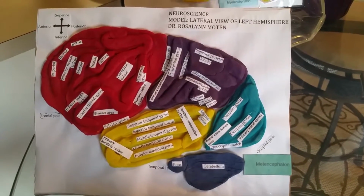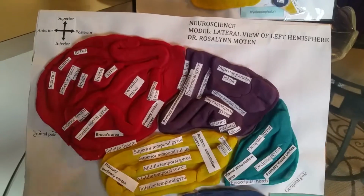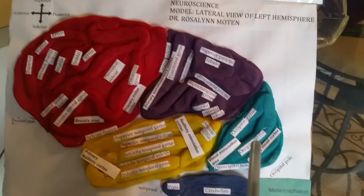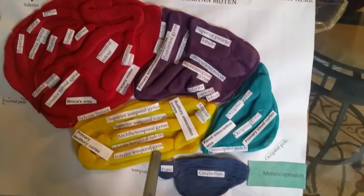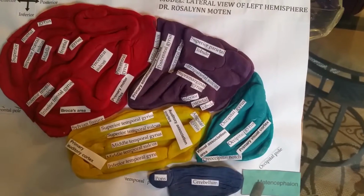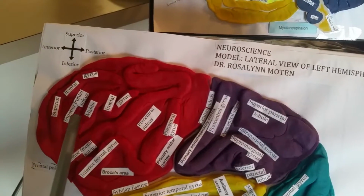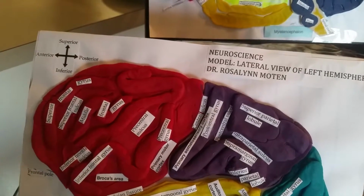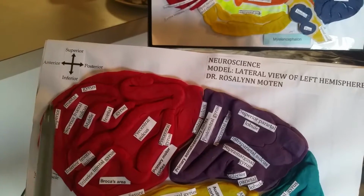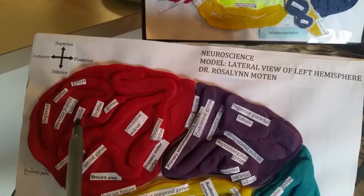All right, so here we have the lateral view of the left hemisphere with, I'll use my pen, the frontal lobe, parietal lobe, occipital lobe, temporal lobe, pons, cerebellum, which are part of the mesencephalon, which is why that's here. All right, we've got the superior frontal gyrus and the superior frontal sulcus here, attempting to make my grooves and my hills here. We've got the middle frontal gyrus,